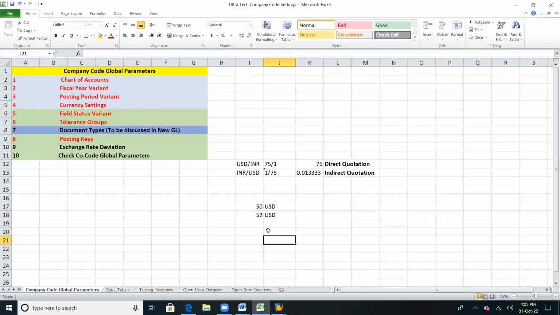Understood this? When the dollar value is 50 now, why are we posting at a different exchange rate? This is called exchange rate deviation. Why we have an agreement, I'll tell you. For example,